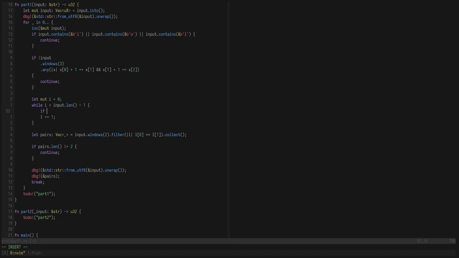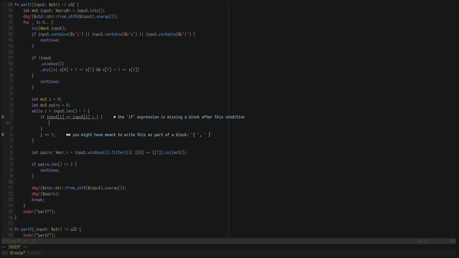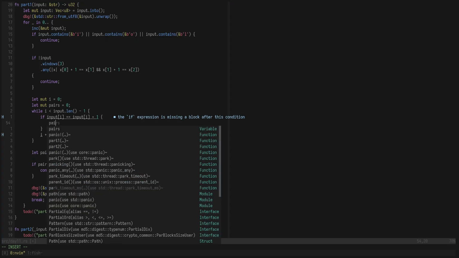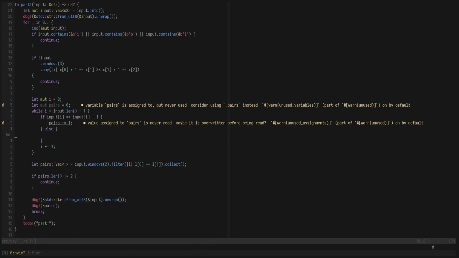If input at I equals input at I plus 1, then what? Pairs just plus equals 1. Otherwise,